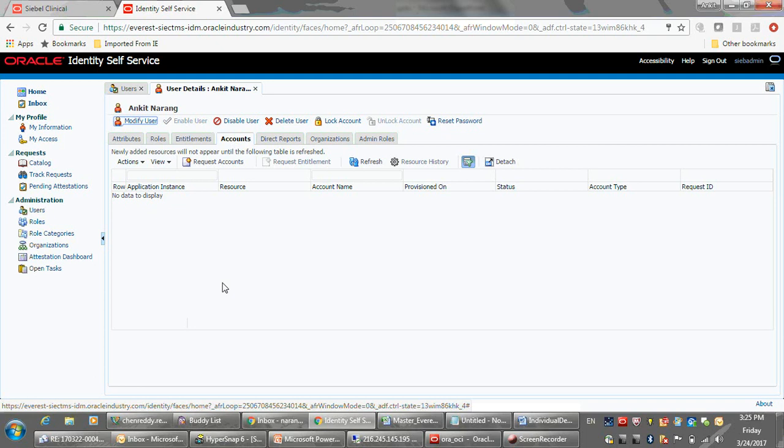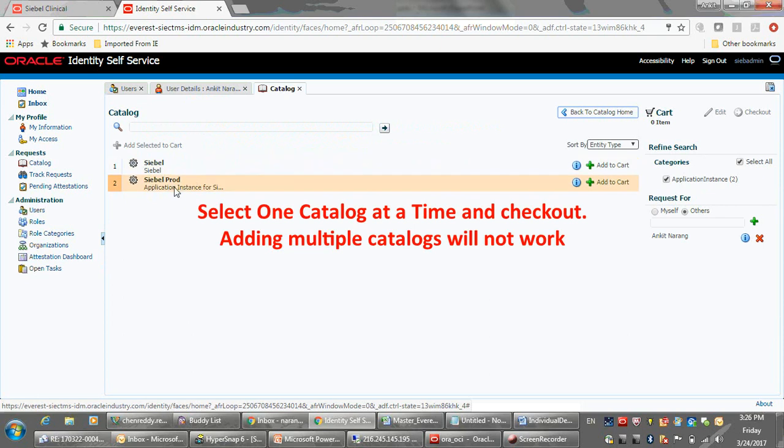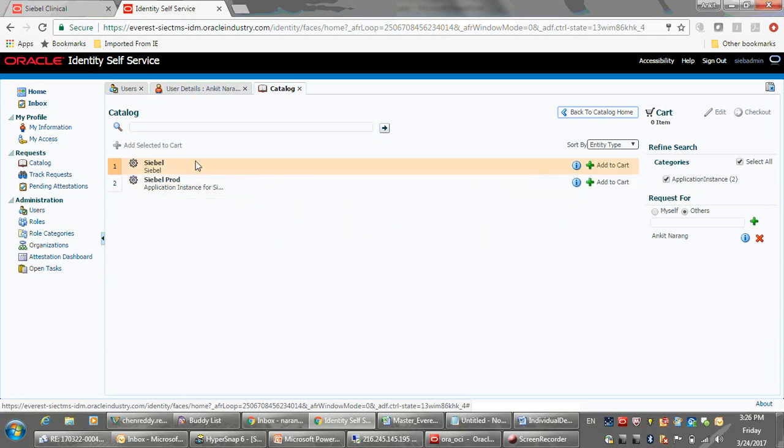So now the user is created in identity. Now we have to create a user in Siebel CTMS. What I have to do is click on request accounts. Okay, so I think there's some naming convention issue. You should see here Siebel test and Siebel prod. So we'll fix this, but in your application you should see the Siebel test here. So I know this is Siebel test. I'm going to click here, select this, because I want my ID to be provisioned to the test environment. Okay, I click on this, I see add to cart